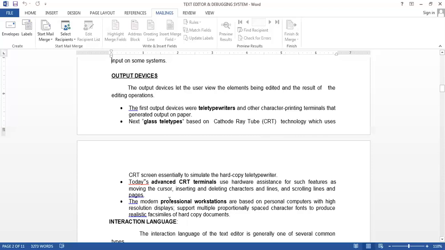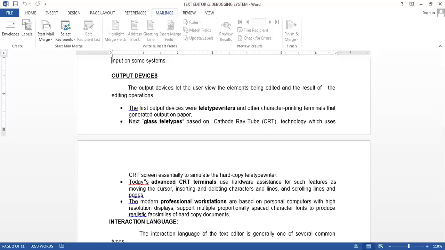Here we can see the moving of the cursor, deleting, insertion of lines, scrolling and paging, and then modern professional workstations that are based on personal computers but with high resolution, support multiple-size vector fonts to produce realistic hard copy of a document. So these are mainly used to see the content that will get edited and what the result will be after editing.